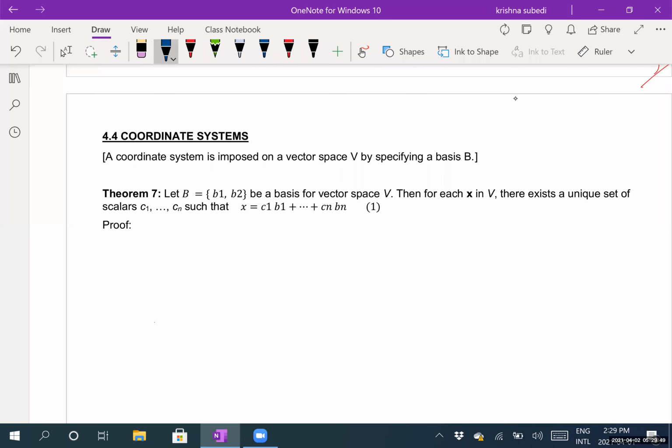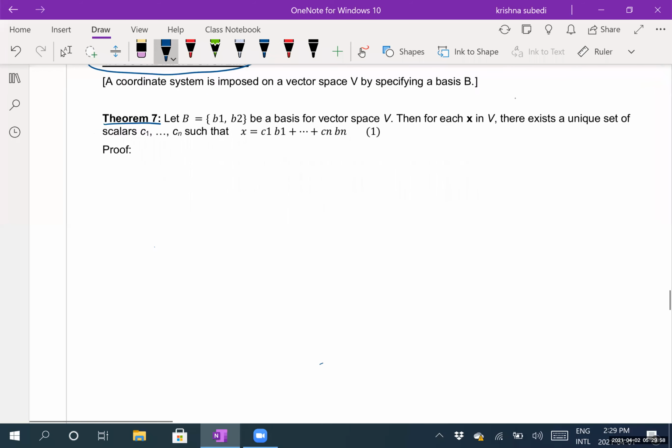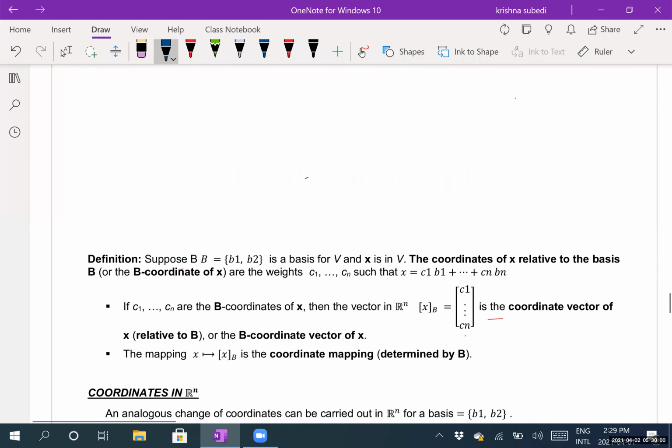So today we'll focus our attention on coordinate systems, section 4.4. First of all, let us look at the definition. What does B coordinate mean, or what is this coordinate system all about? Suppose B